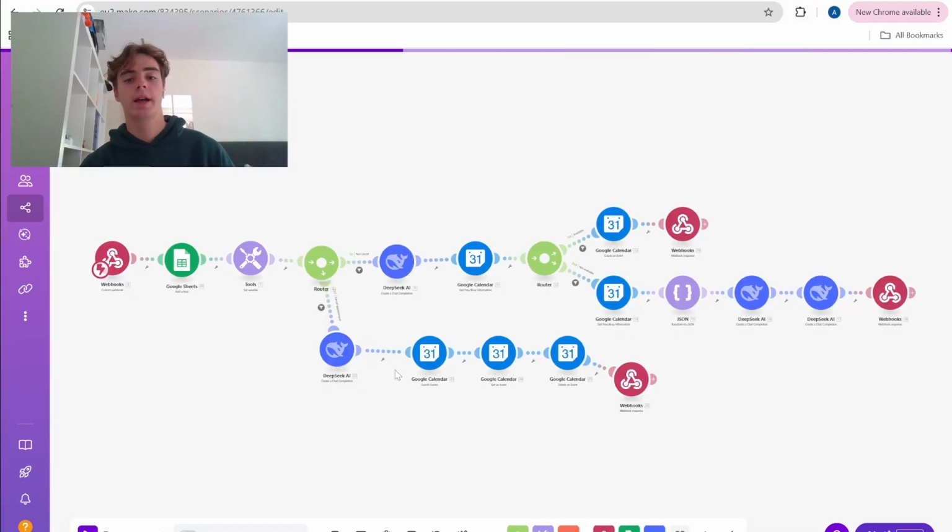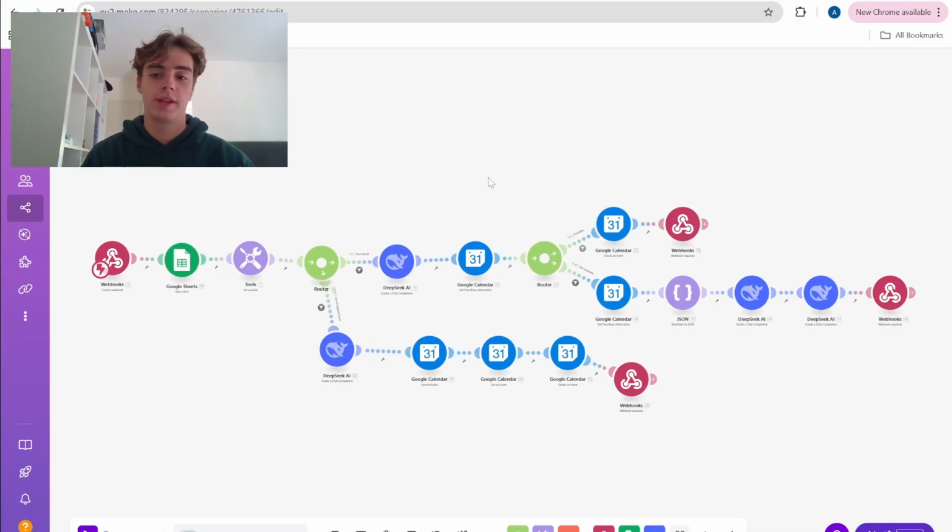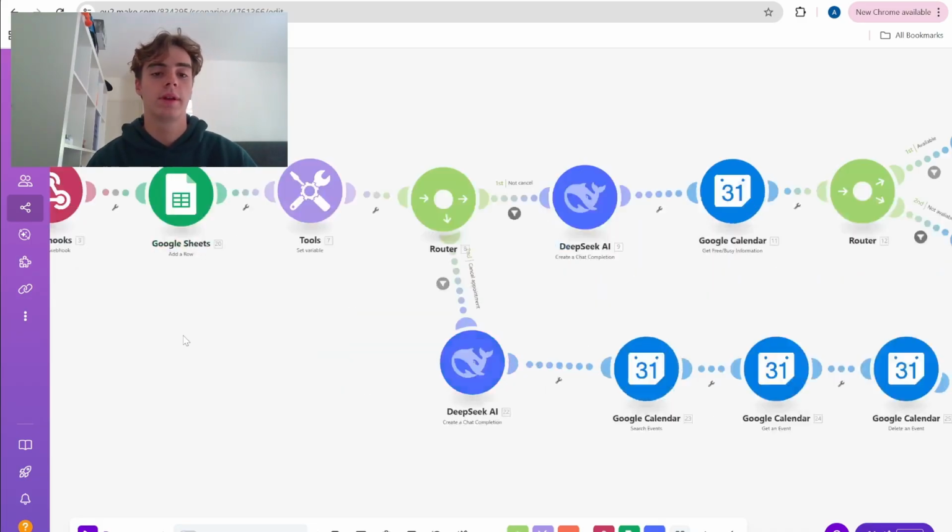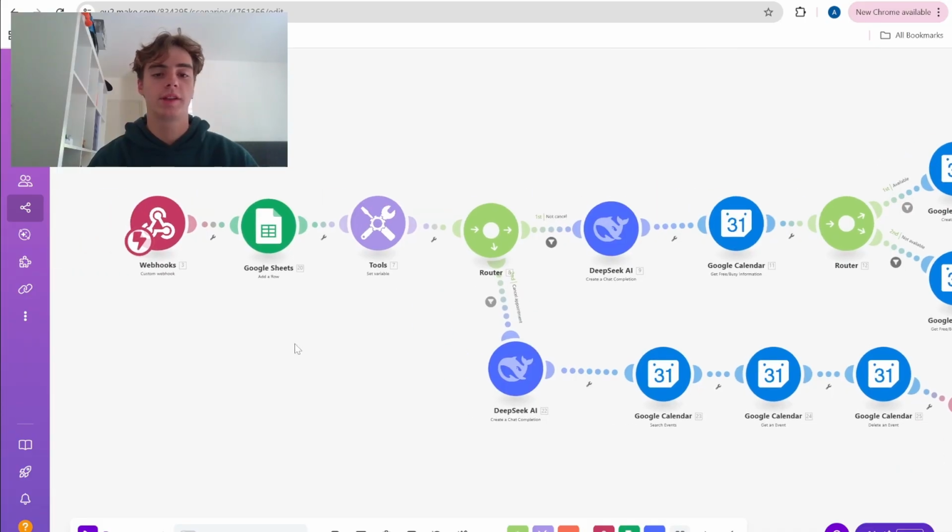This is sort of what it looks like. I'm not going to go through every single step here because I'd be here for ages. If you want me to make a separate video where I go through the exact build, I can do that if you really do like this sort of build. But yeah, so basically the top row